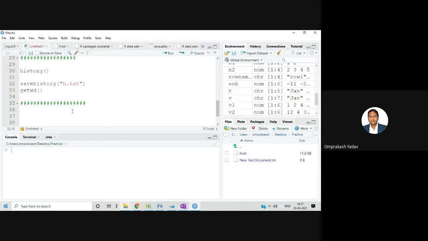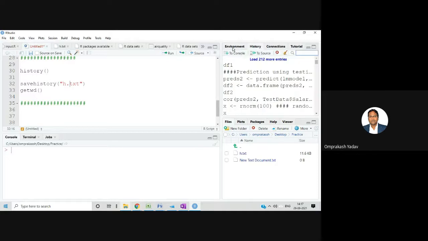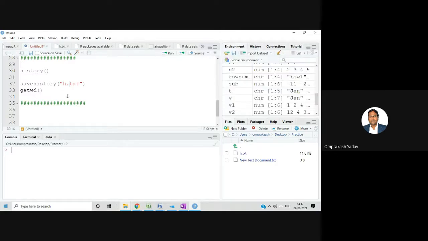In real time, that history will be over here in RStudio. But I want to save that history in some external file. It will be there in the history panel. Correct. But if I want to store what commands I have fired the entire day, it will be only a single file. Yes. Till whatever time you fire it, whatever history is there will be saved. So if I fired at 2:17, it will save till 2:17. If I fire at 3:17, will it save the entire day or only the gap of 1 hour? No, the entire full history it will save. Full history. Okay.